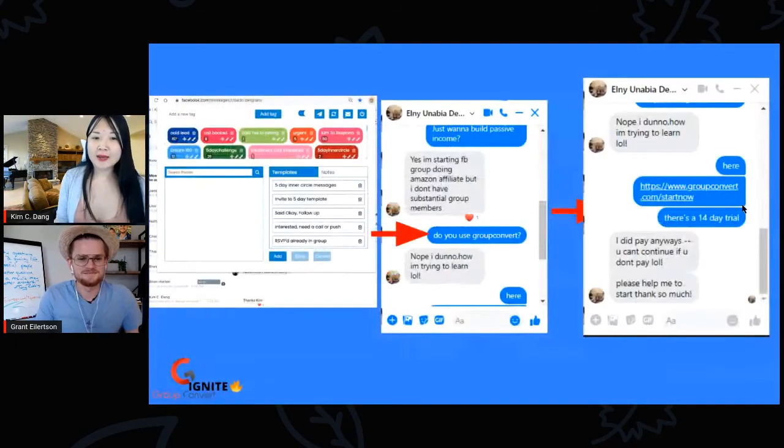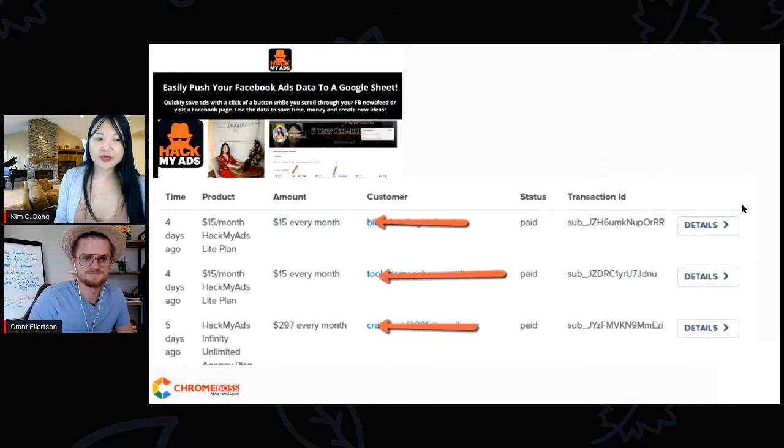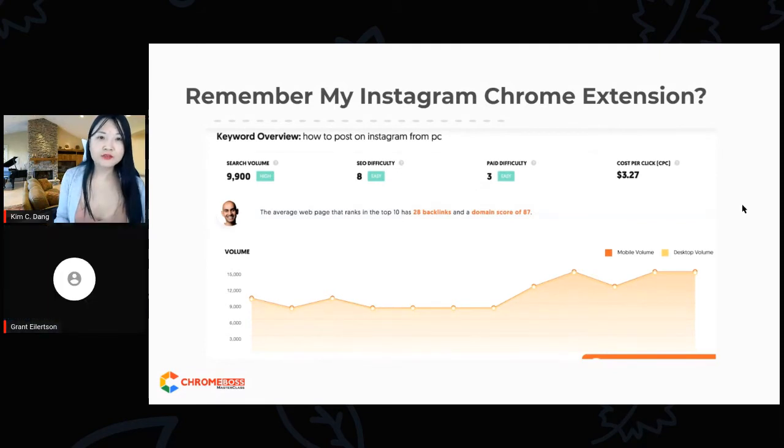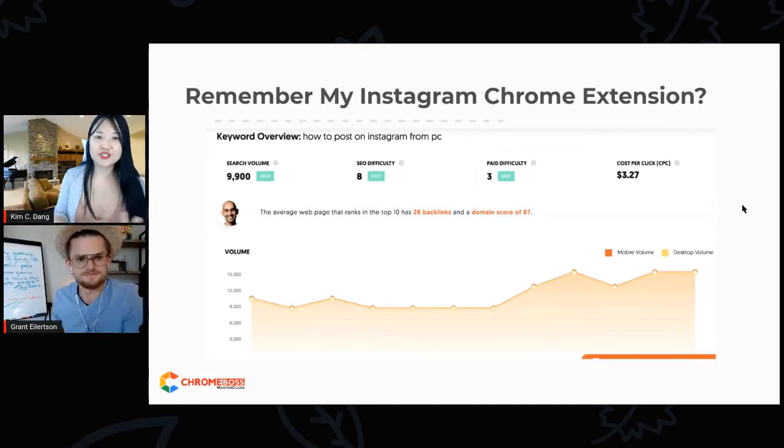And we do this time and time again with other extensions, like Hack My Ads. And I want you to understand one thing, that this can happen for you in the span of a couple of days. And just to let you know, one method of research as well as results of this is a real life example of one of my extensions. It's my Instagram extension. It does not have a landing page to this day. We sell it through invoice links, and it doesn't even have any landing page.